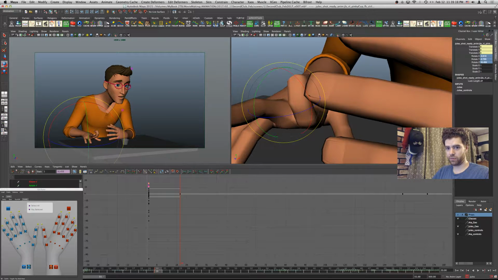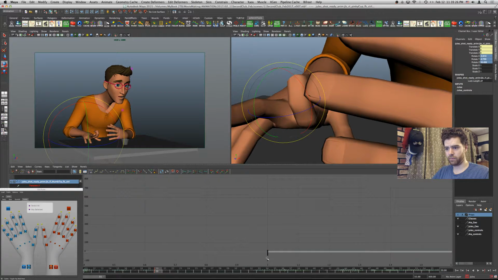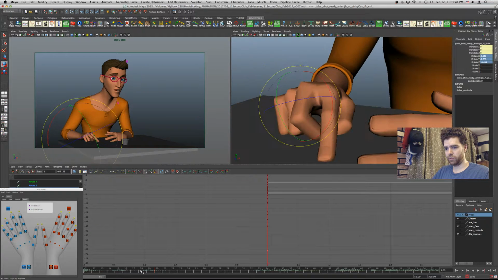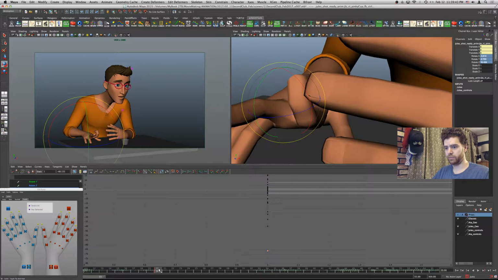Yeah, so I got all these controls here. Like, what are these? So I'm going to rotate Y on the index middle finger, which is here. I would key for, but there's nothing here.